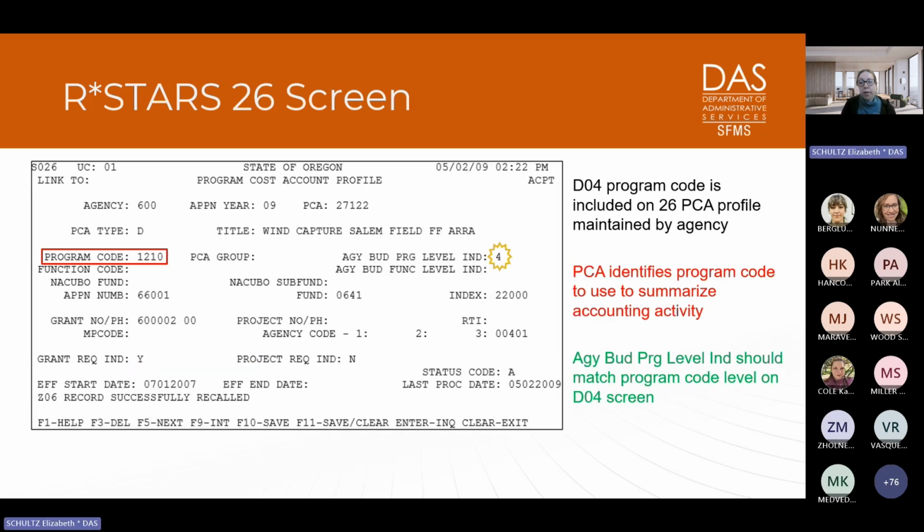So once a DO4 has been set up, the accounting side of it is to make sure you have profiles that are pointing to that program code. It's typically on the PCA that you will see the reference to a specific program code. So when you're entering transactions, you're not actually entering the program code on every single transaction you're inputting in R-Stars. You're entering a PCA and it's pointing to a specific program code on that PCA profile. And that's how everything rolls up in the system, so you can track budget to actual and compare Orbit systems